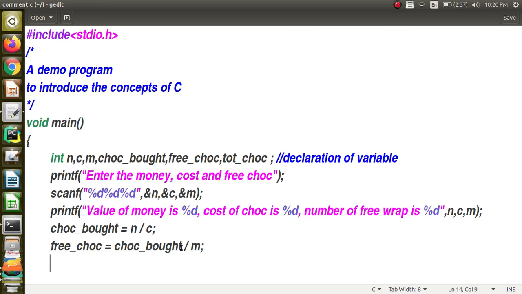Okay, free chocolate you have got, and total number of chocolate is equal to chocolate bought plus free chocolate.